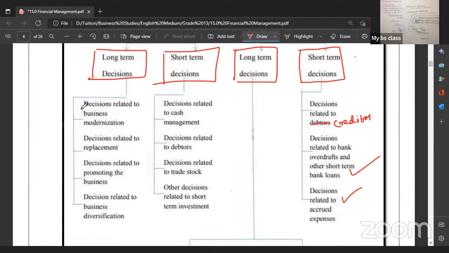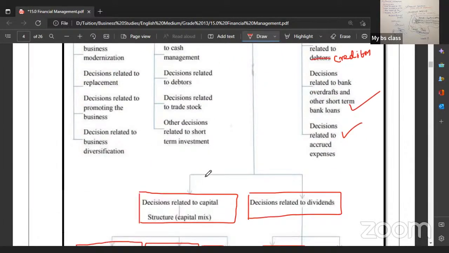So you can make a decision regarding that. And the short-term decision related to cash management, right? So how we keep cash with our business. And decision related to debtors, because you can settle to your debtors. And decision related to trade stock, right? Trade stock තියාගන්න විදිය, and also other decisions related